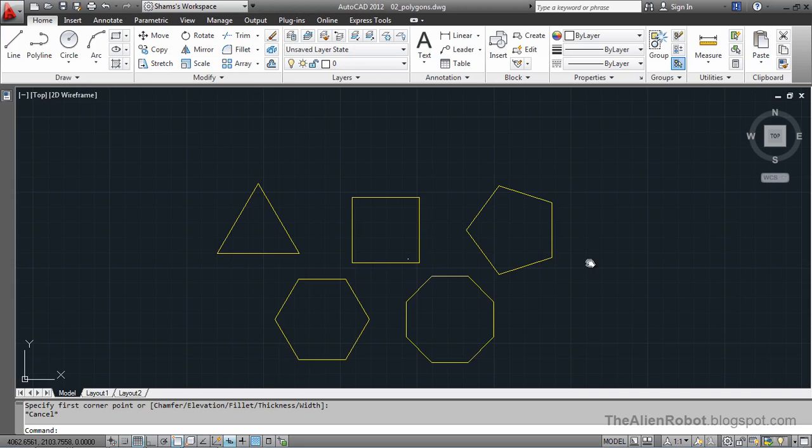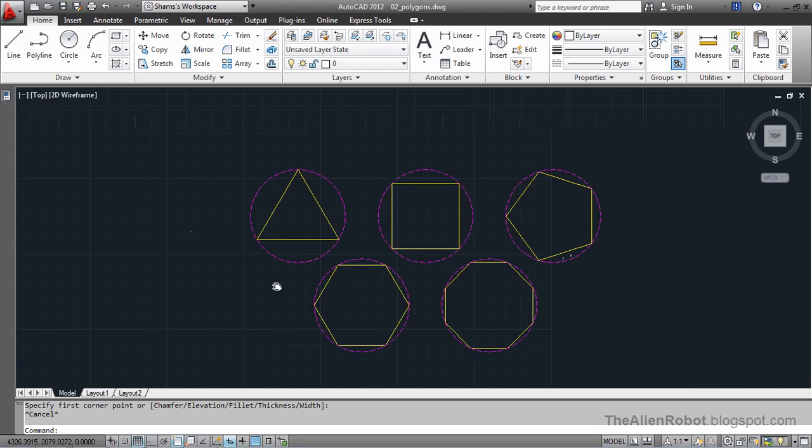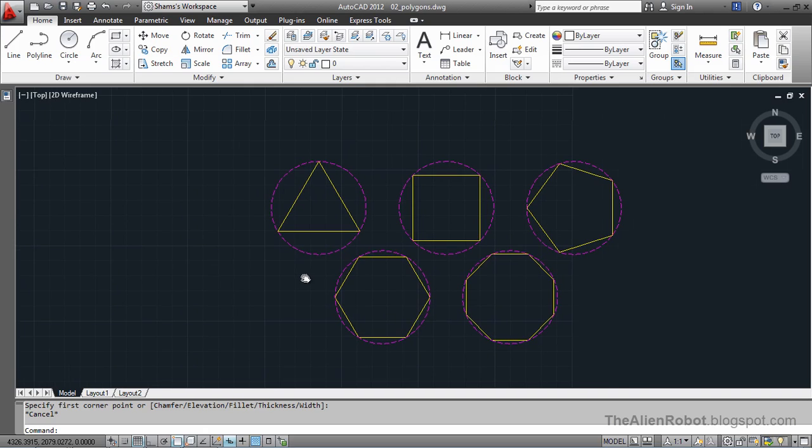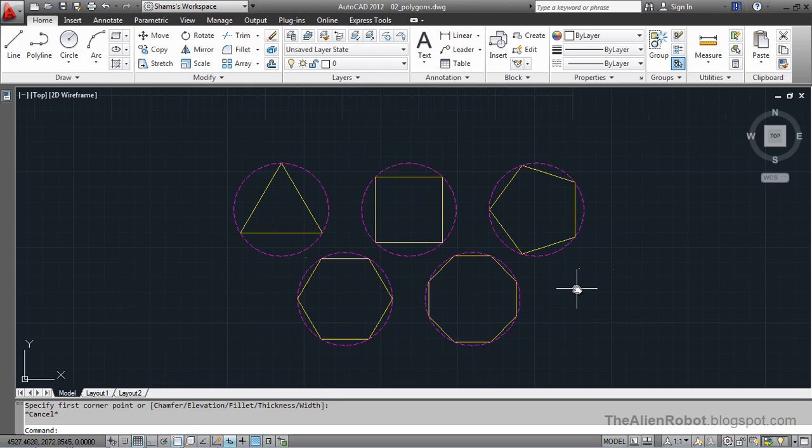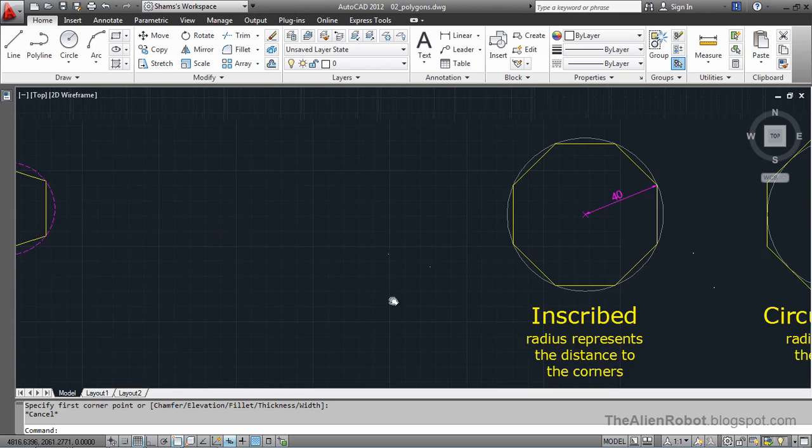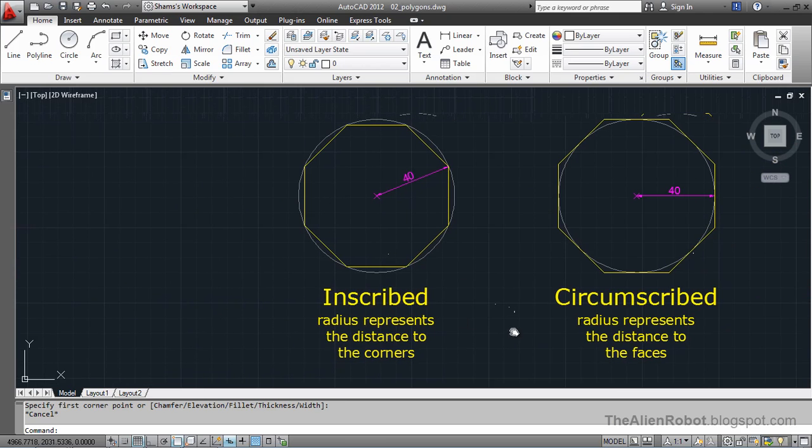Let's pan a little bit over here. This is how polygons are based on imaginary circles and created on imaginary circles. And I'm going to pan a little bit more. And another thing when creating any polygons